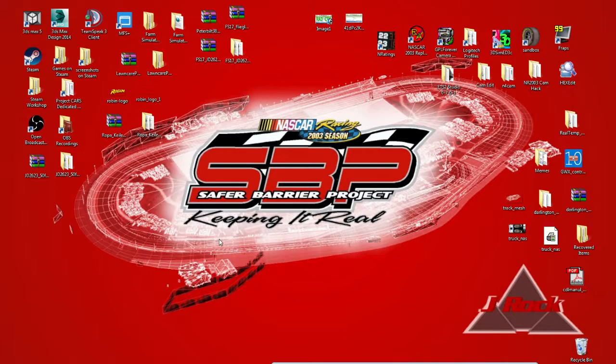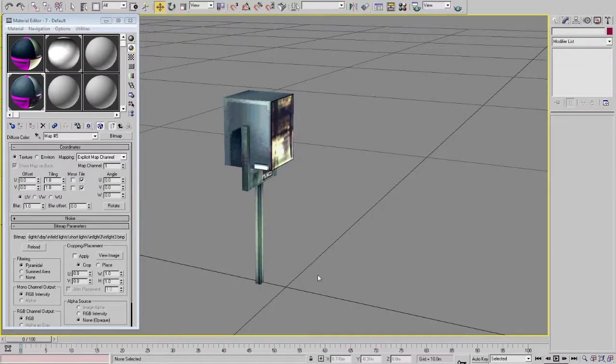Today what we're going to go over is how to create a light emitting TSO 3DO for use in a track for the NASCAR Racing 2003 simulation. Okay, what we're going to start off with